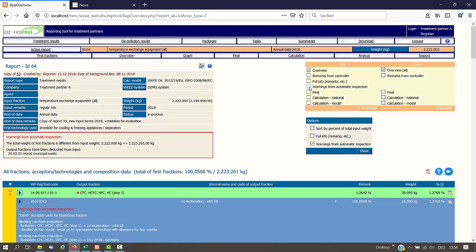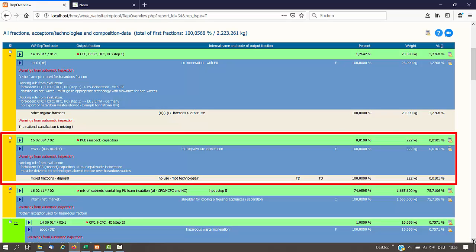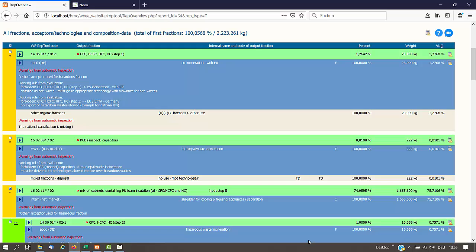If you see warnings from automatic inspection, you shall try to solve them. You should check if data you have entered are correct, in case you have to adapt your choice, or in case your actions, e.g. change the chosen technology, see one of the examples, deliver output fractions classified as hazardous waste to appropriate technologies. If you change and choose a combination,